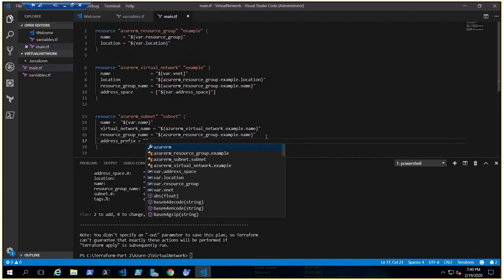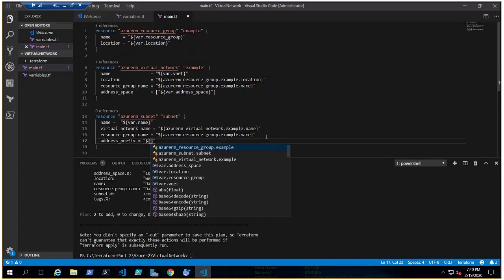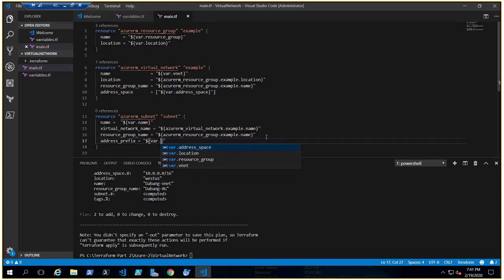Let's again put the same thing. See, we are just doing the same thing again and again, so it's better to know how to use the registry and the modules. Once you have your code, well and good, just make a module and keep it in the GitHub or Azure repos, so that rather than typing again and again, you can just refer to that code. Okay, so address prefix var dot subnet